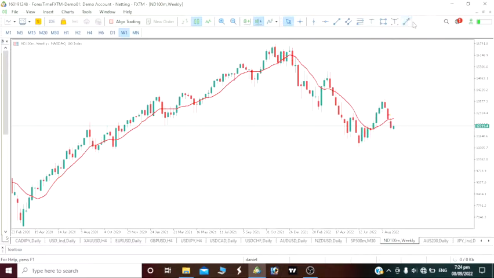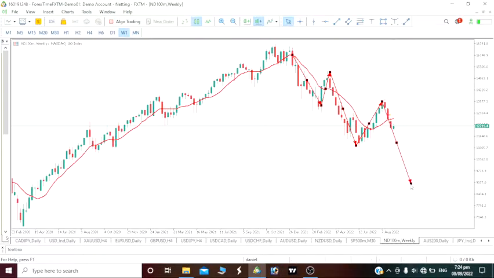Basically, you can see this drop. There was a little bit of impulse move here. We saw this good amount of drop, a huge drop. We saw a little bit of a correction, then another good amount of drop. We are going to be taking it as a little bit of a correction, and now we are expecting